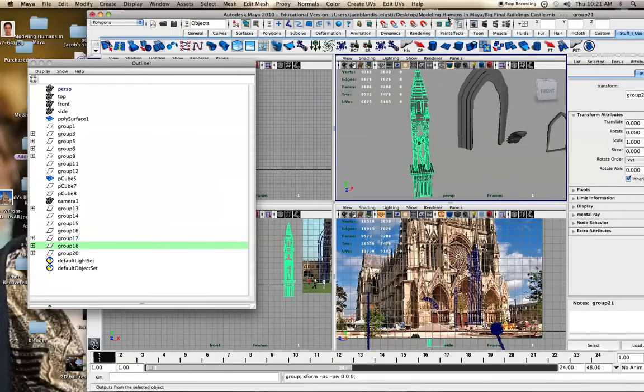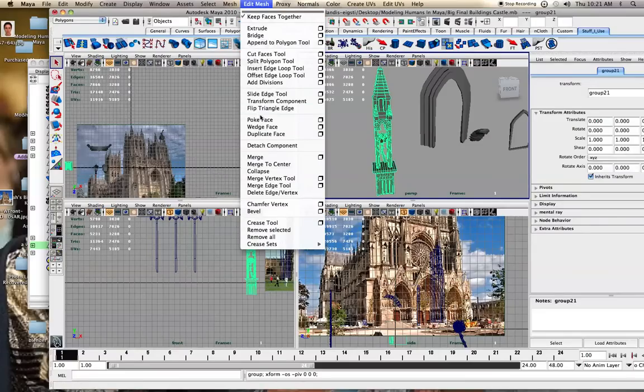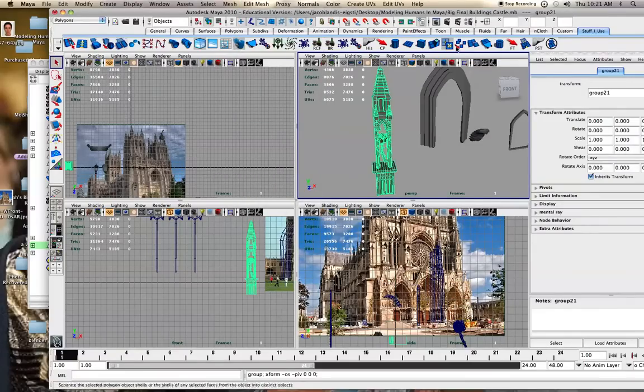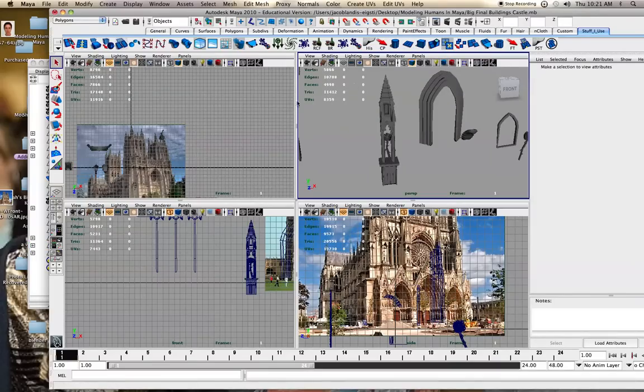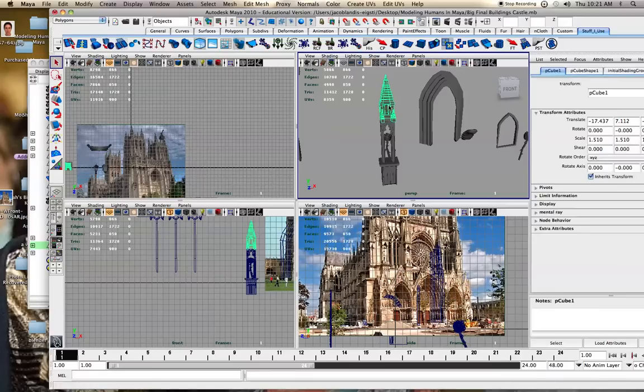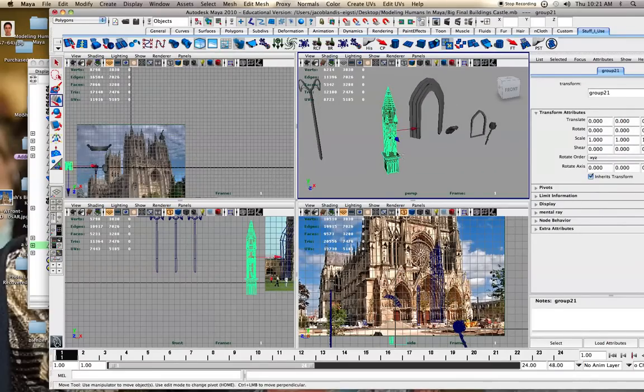So I have this grouped up, and I created my own menu. I've got another tutorial about that, but if you hold down Control and Shift, it'll add it. This is the stuff I use all the time. And what you always want to do is center your pivot, because obviously a group is going to have a much different center pivot. So if you modify it,